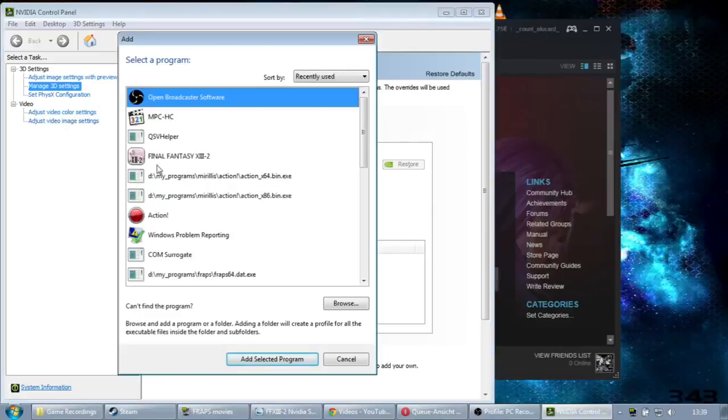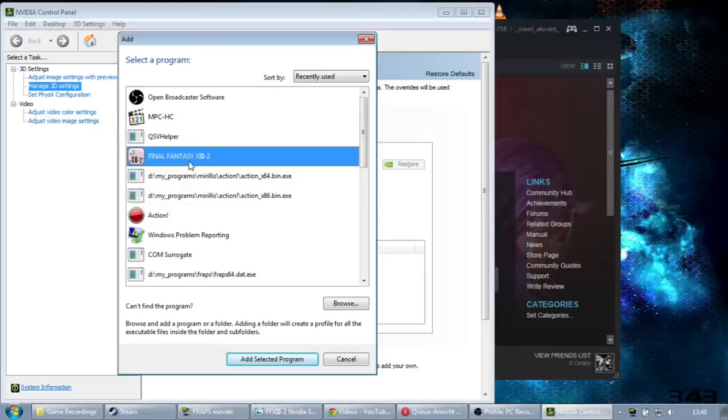Well, anyway, once it opens up, if you recently played the game, it should be there. It's the Final Fantasy 13-2 exe file. Don't confuse it with the launcher. The launcher should be in the root directory, but the exe file is actually in the Final Fantasy 13-2 data folder, slash program slash win slash bin, and then the exe. You see, that's the path to your exe. So search for that one, and of course add it